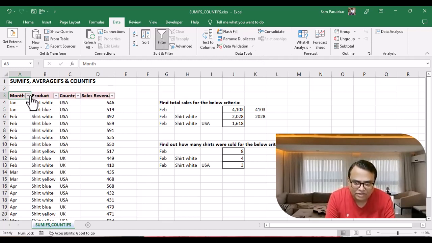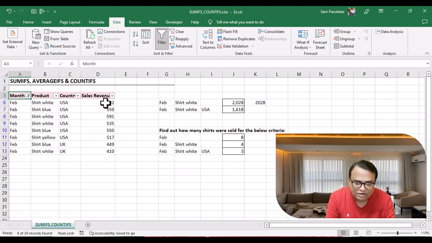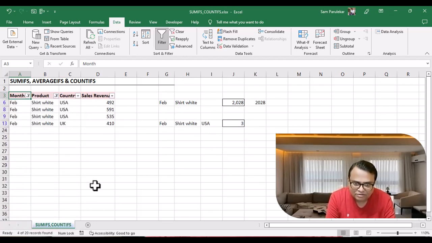we give the month of February, and we give the shirt as shirt white, and we just highlight these cells so you can see the total at the bottom is 2028, which is exactly the total which we found out. Now we remove this filter